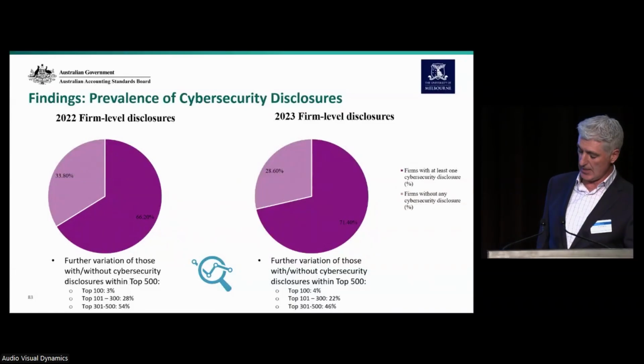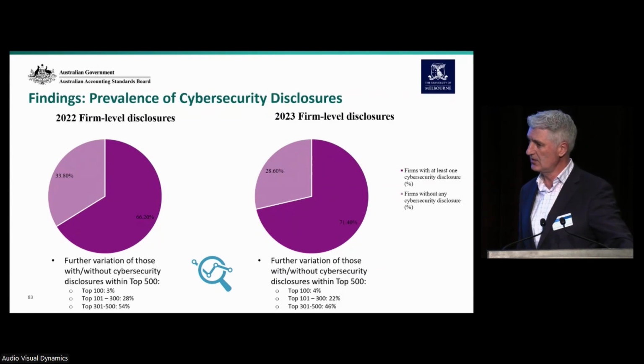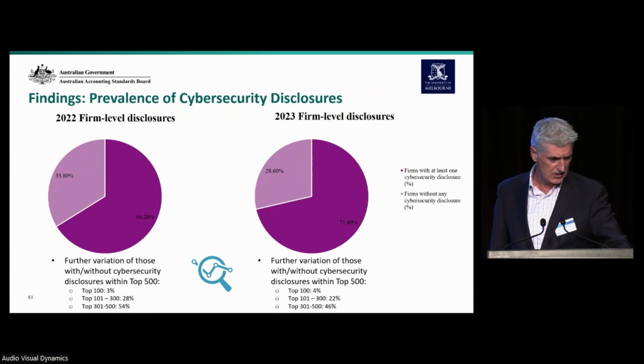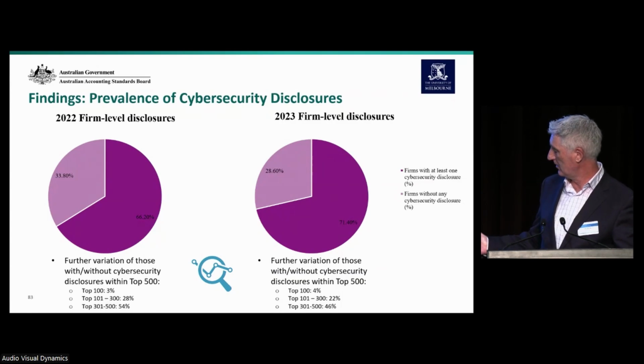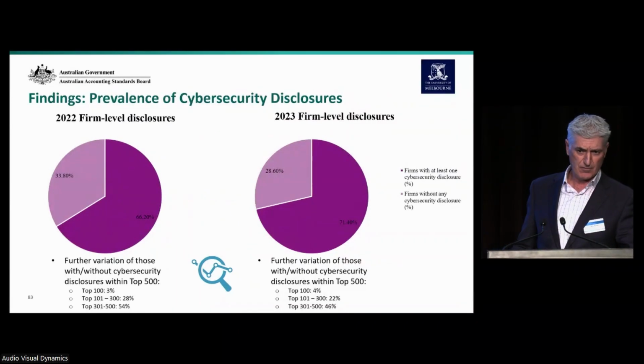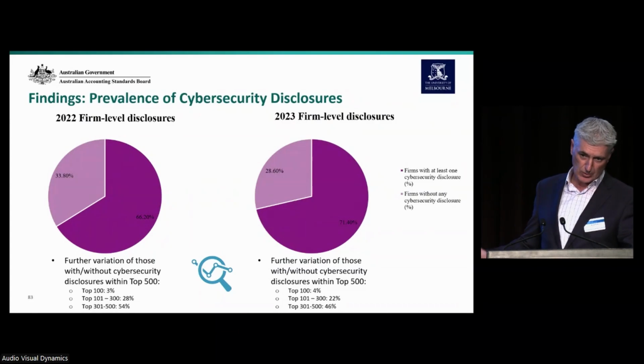We also did some size analysis, as you can see under each of the pie charts, where we split the top 500 into the top 100, the middle 200, and then the bottom 200. And those percentages reflect the proportion of those sample companies that did not disclose any cyber-related information in their annual reports. And so while the top 100, it's only 3% in 2022 and 4% in 2023 that did not provide any cyber-related information, you can see that there is variation in size, particularly when we look at the bottom 200,